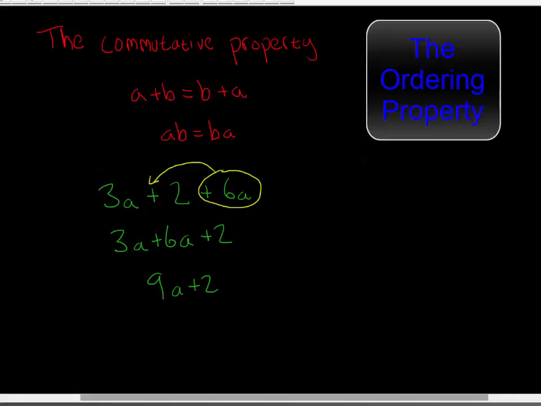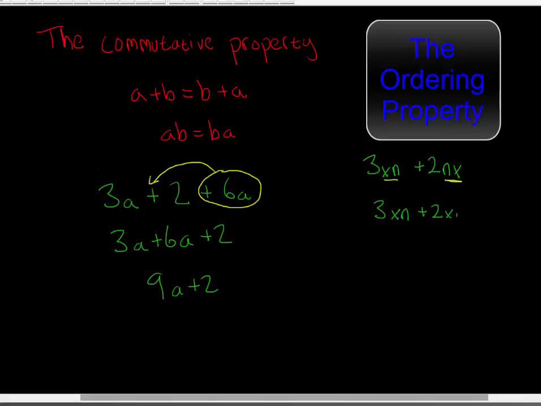And the same is also true of multiplication. Let's say I had 3 times xn plus 2 times nx, and I want to combine those terms together, but I'm not completely sure if I can because one of them is xn and the other is nx. Well, this is where the commutative property can come in to save us, because a times b is the same as b times a, so I can rewrite xn as nx or nx as xn and come up with 3xn